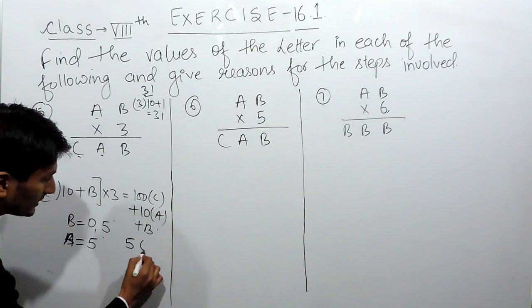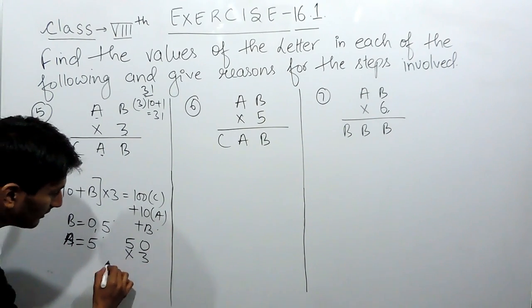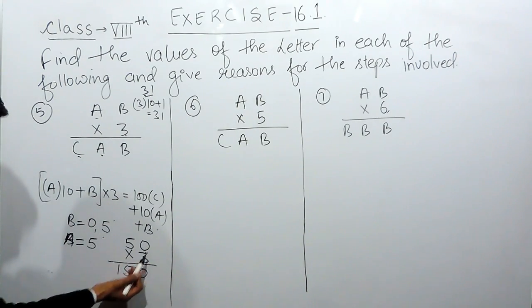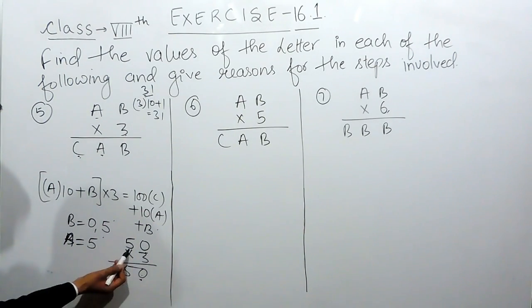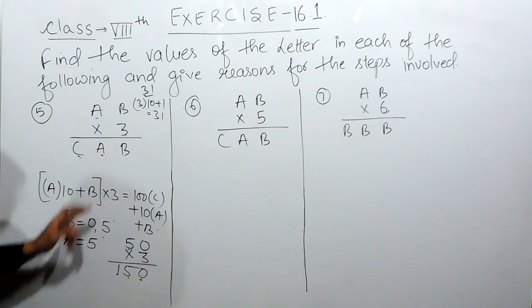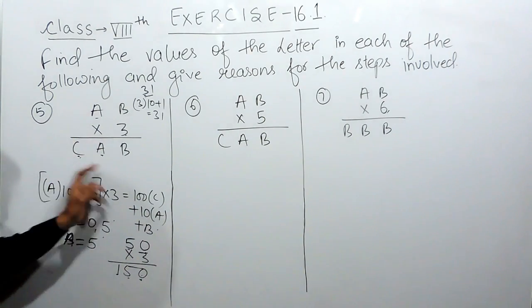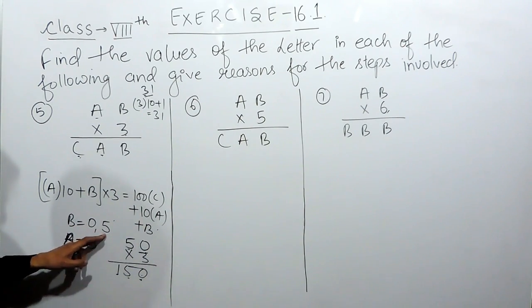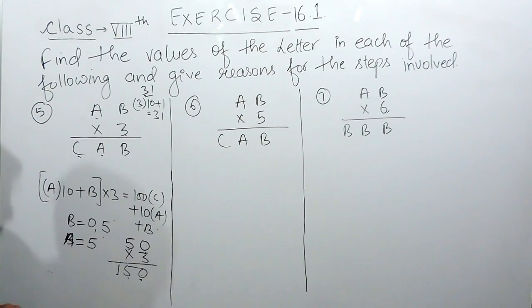The value of B must be 0, and 150 multiplied by 3 will give 450. In this case, this is the same B and this is the same A, and this is the value of C here. So we are able to find the values of the missing variables assuming the value of B as 0. If the answer is not possible using 0, then you would use 5. Then only you will check what the answer should be. So this is the method.